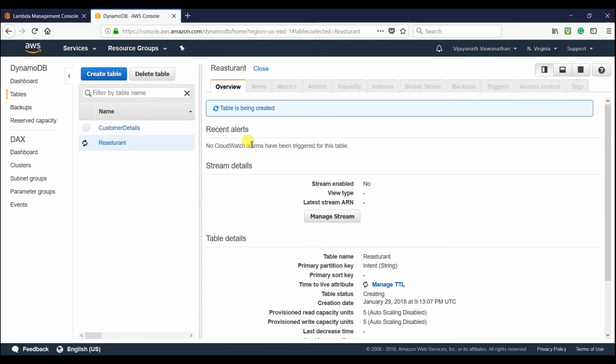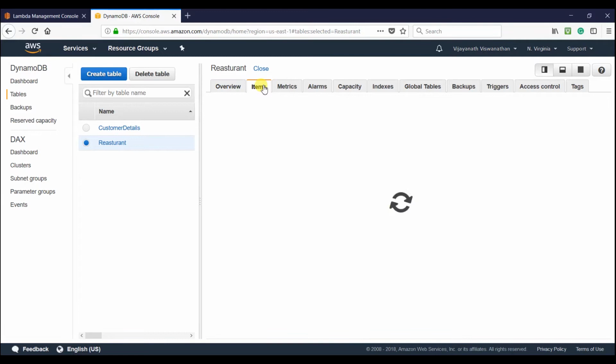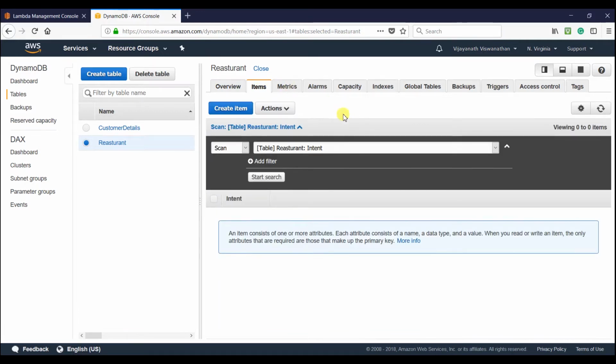The reason is that I'll have several intents, but against all the possible combinations of that specific intent, I will have only one answer. That's how I'm going to design my bot. It will take some time to create the table. Okay, so now the table has been created. Let us add the first item in the table. For that, click on create item